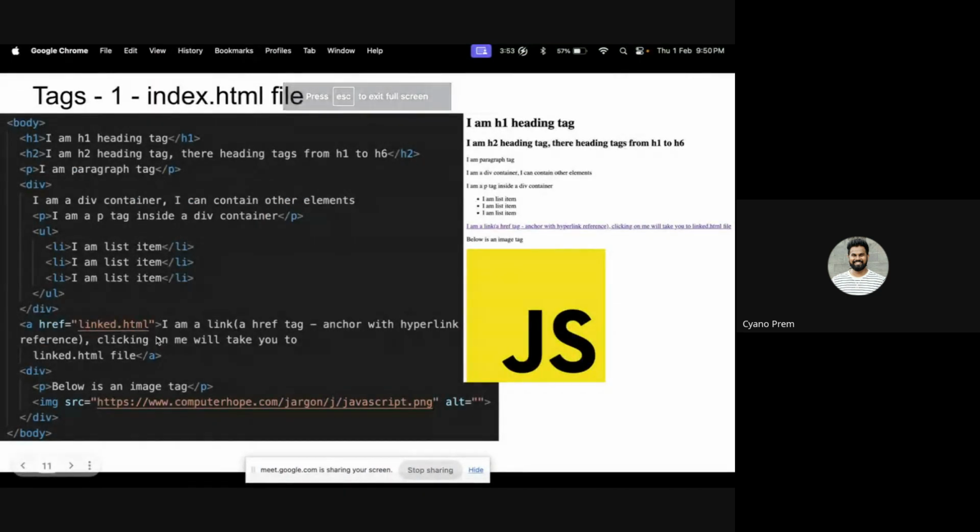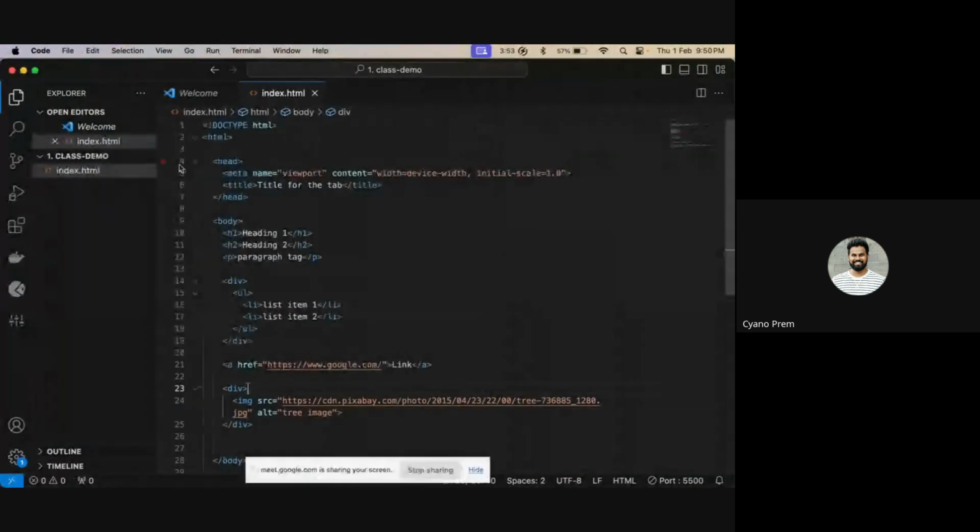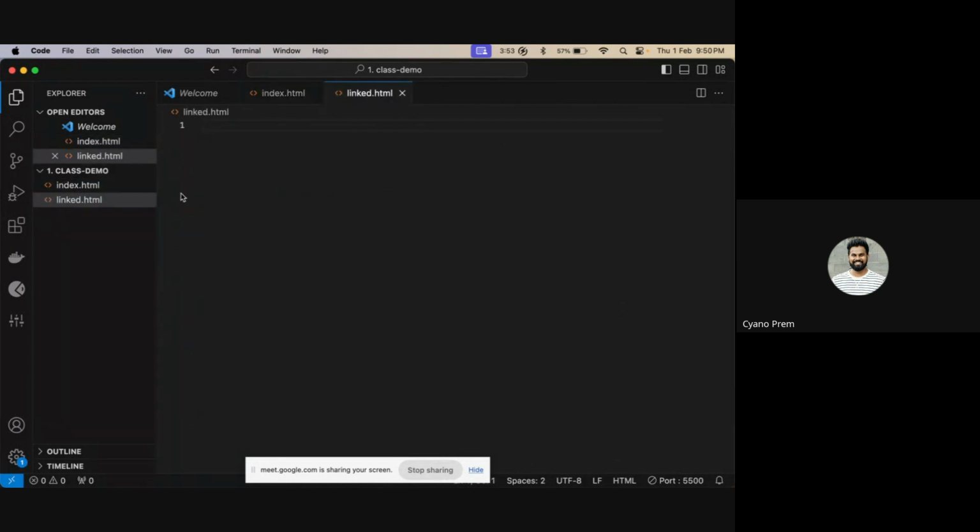Okay, so the remaining thing is, I have a link.html given here. So what that means is, I can create another HTML file here. Okay, so I'll create another HTML file called link.html. I'll give some HTML inside this and some head.